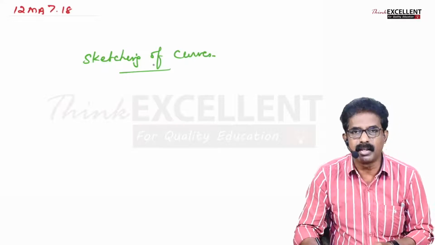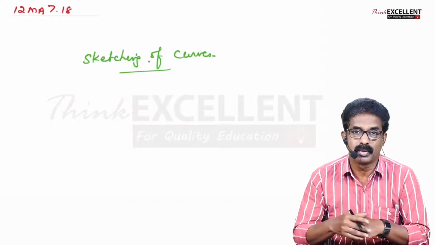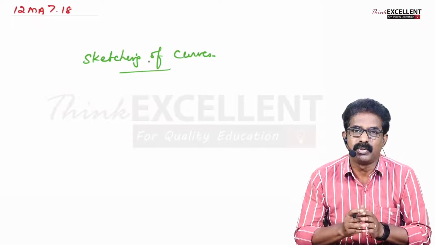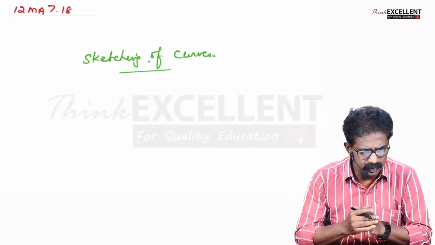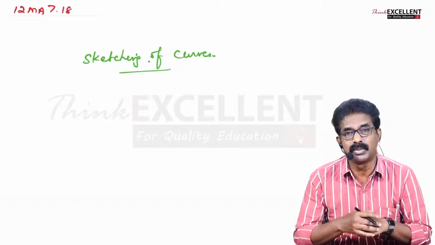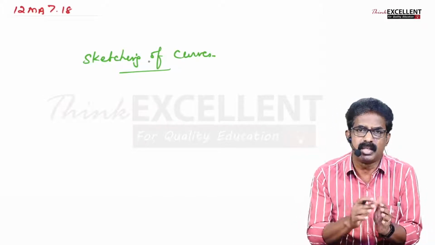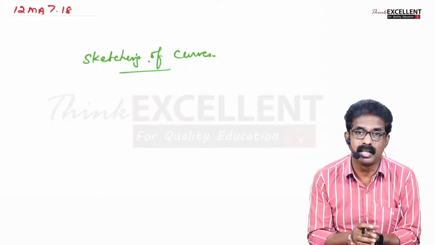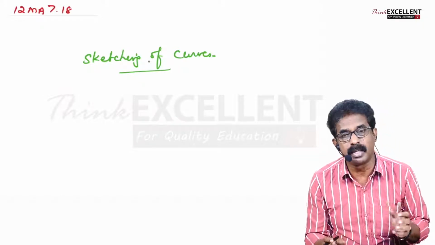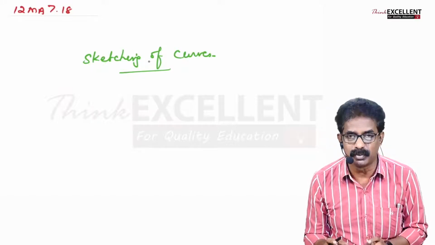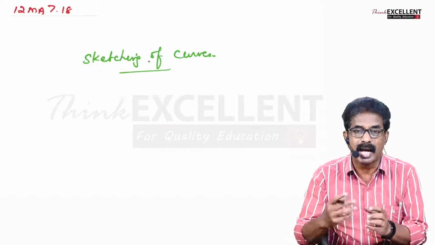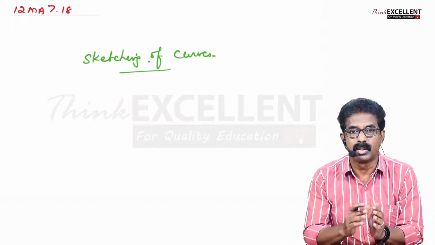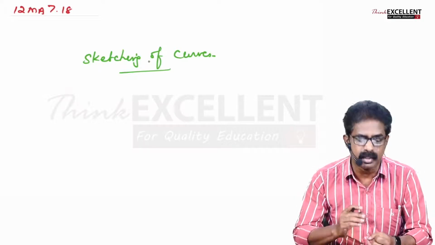So this topic is just a revision for you. Of course, the question is a little lengthy one. So to draw the graph, you have to look into so many things, nearly 7 aspects you should see. So which area the curve exists? What are the values you can give? That is the domain and range. Domain means the input, what values you can give. Range, the output, what answers you will get. That is the x values and y values, right? So what areas it exists, that is the domain and range.